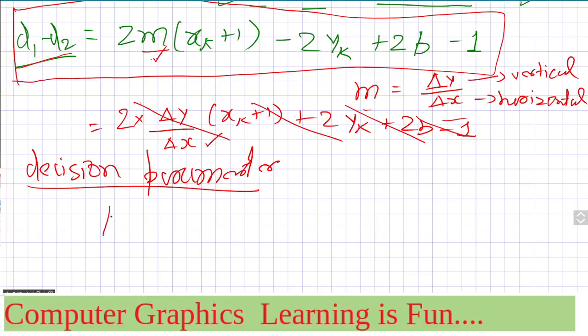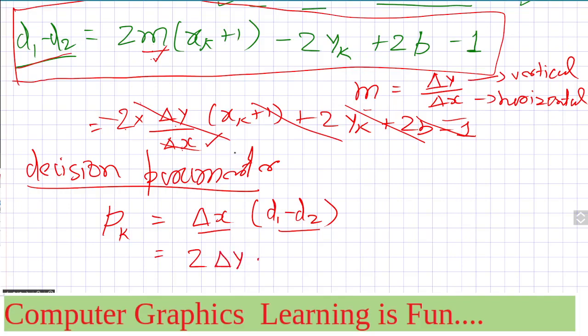The decision parameter for the position k, parameter pk, will be delta x into d1 minus d2. This will be your decision parameter. What is d1 minus d2? Now here you have delta x, right? So you can understand delta x is being multiplied here. So m is delta y upon delta x, so delta x will be cancelled out. You will get 2 delta y, right? So 2 delta y into